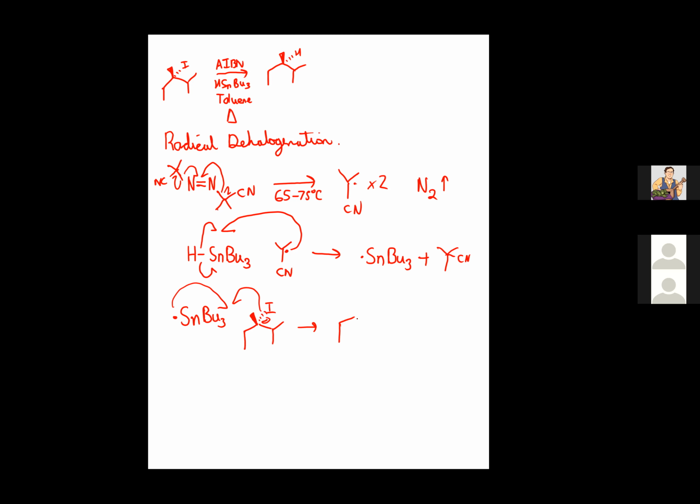So this is where the magic happens. That radical is sitting in an sp3 orbital. It's not going p. It's lower energy in an sp3 orbital. There's no reason for it to go into a p orbital, so it's going to stay there. And because it stays in an sp3 orbital, it keeps the stereochemical configuration. That doesn't change. So the stereochemical information in the starting material,